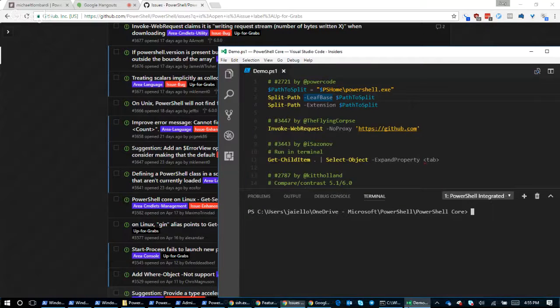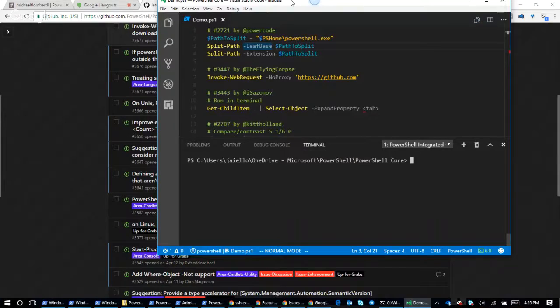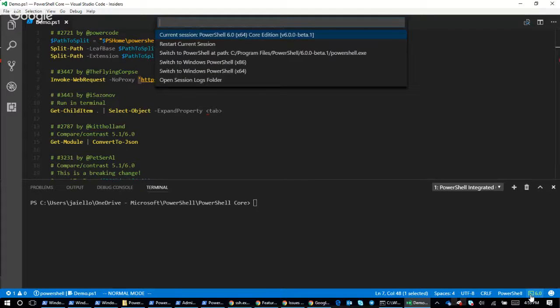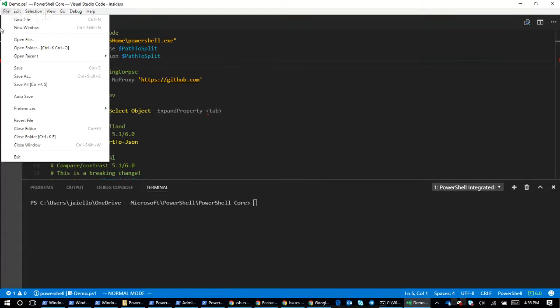And so, for instance, right here, and by the way, for those of you that don't know, this is VS Code running PowerShell 6. So the VS Code PowerShell plugin also supports arbitrary versions of PowerShell, including 5.0, 5.1. Actually supports downloadable 3.0. Excuse me. But you just go and change a little thing in your preferences here.